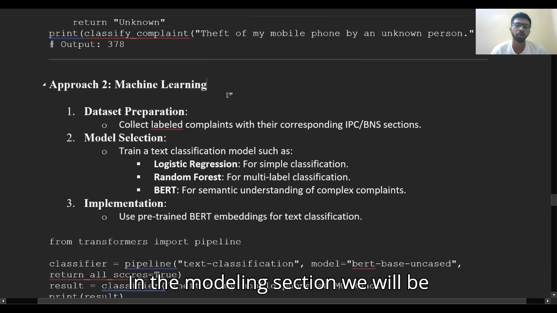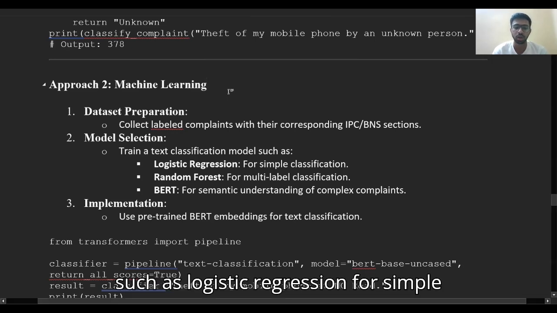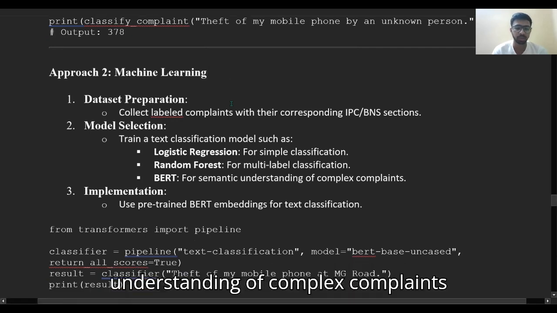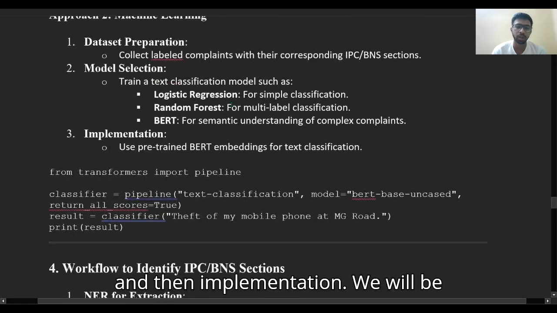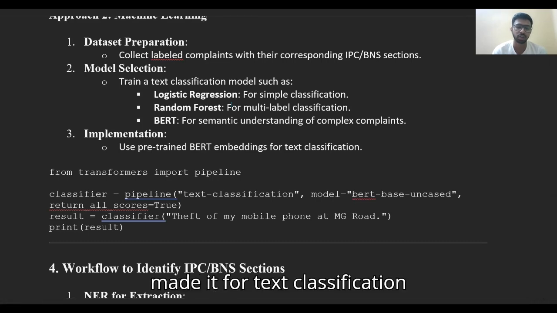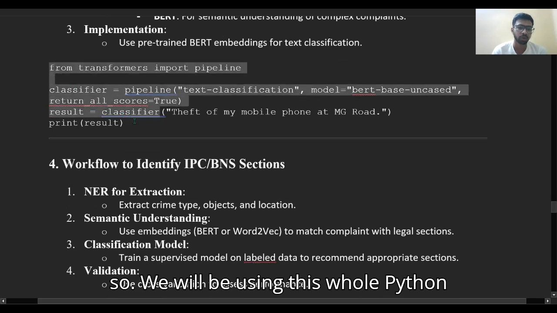In the modeling section, we will train text classification models such as logistic regression for simple classification, random forest for multi-label classification, and BERT for semantic understanding of complex complaints. And then implementation: we will be using pre-trained BERT embeddings for text classification. So we will be using this whole Python code for the